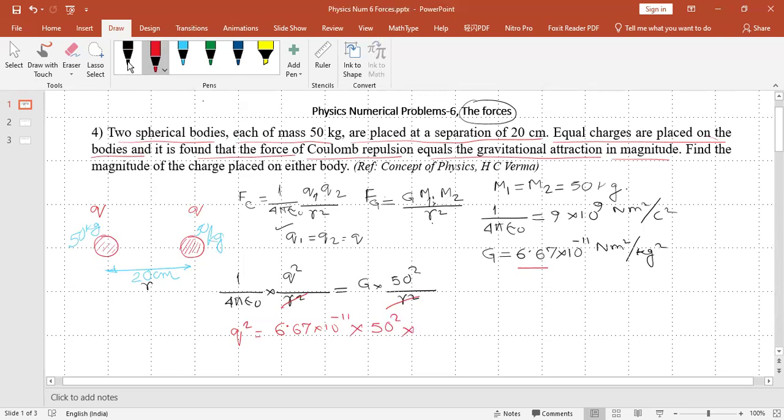And 4 pi epsilon 0 is given here, so this is 1 upon 9 into 10 to the power 9. If you calculate all this, you will find Q is